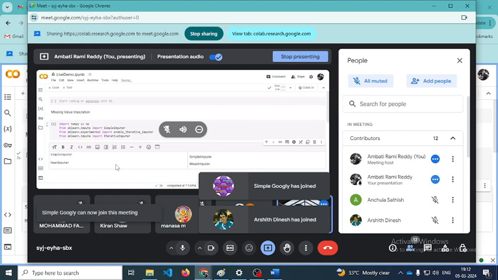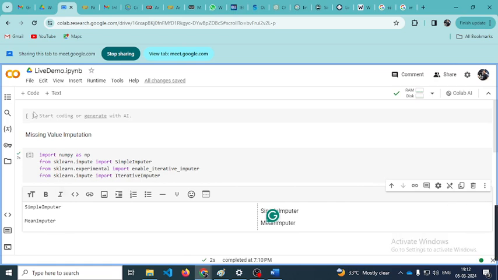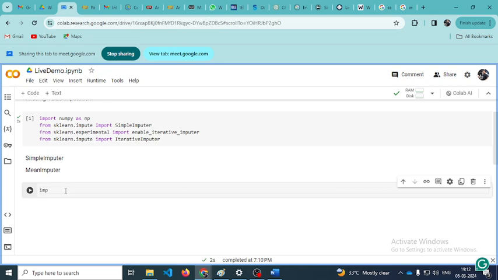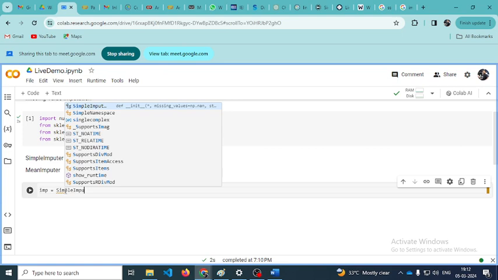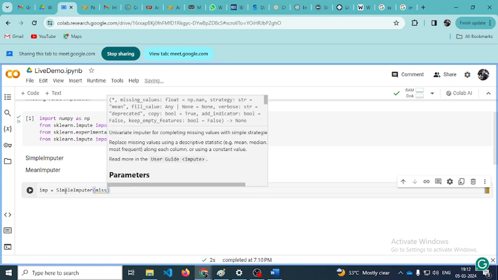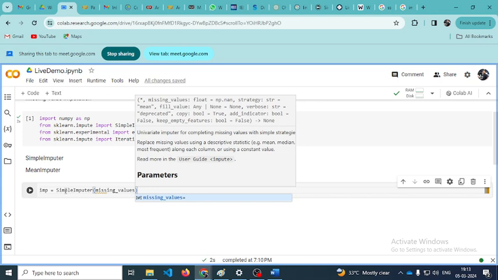This is simple imputer. So you use mean imputer. We will see one example of how this mean imputer will work. For example, for imputer, you are using some simple imputer. For that, I am creating imputer as one variable. You can take SimpleImputer. Whenever you are having any missing values in your data set,